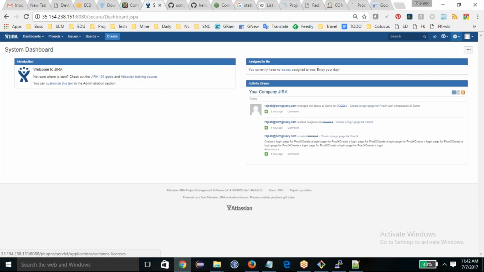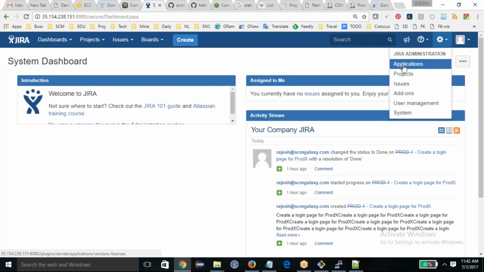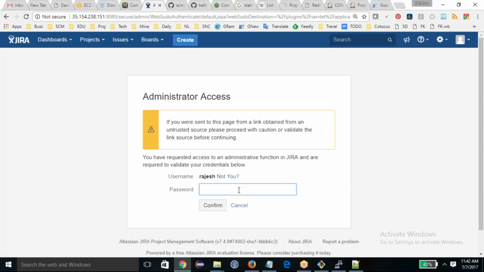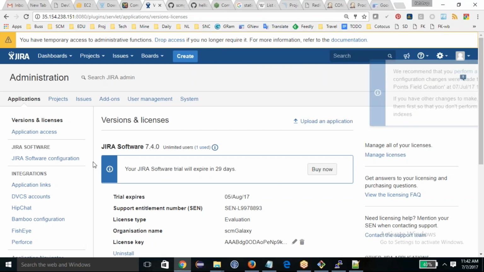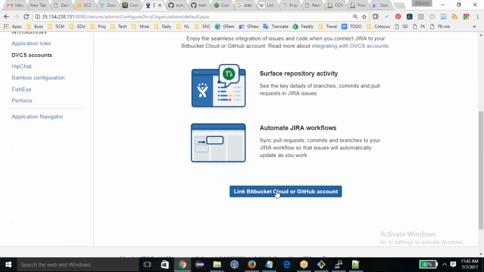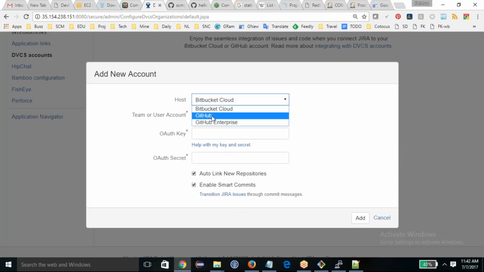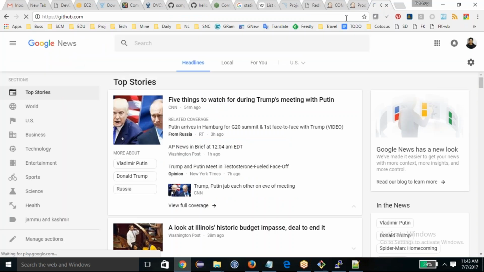So you go to manage here, applications, and Rajesh 123, and here you have a DVCS account. I'm integrating Jira with GitHub, so that way you can see the things in a better way. My account is SCM Galaxy. Client ID, I don't have it now. So let me grab it, go to github.com,